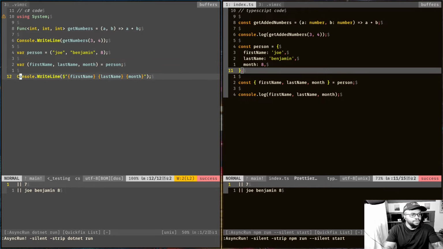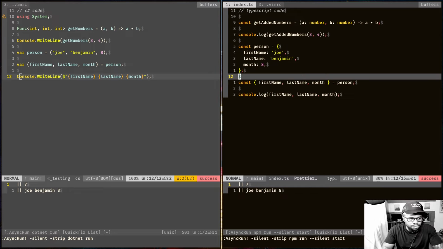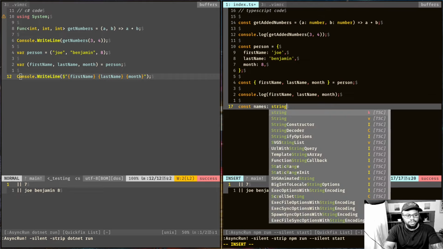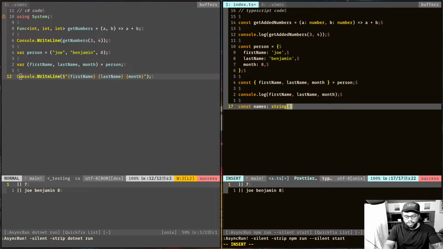All right. So now that we've got that, let's also talk about for loops, because people use for loops a lot, right? And I'm not going to go through some of the built-in looping mechanisms. I'm just going to do a regular old for loop. So let's just say you created an array, and I say the array is called names. So I'm going to say const names, and the type is going to be a string, which is going to be an array of strings. And let's say equals